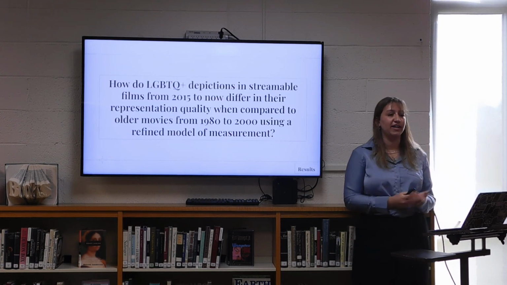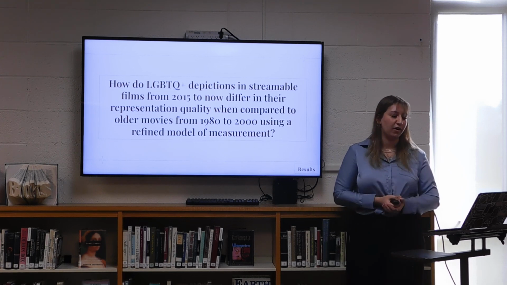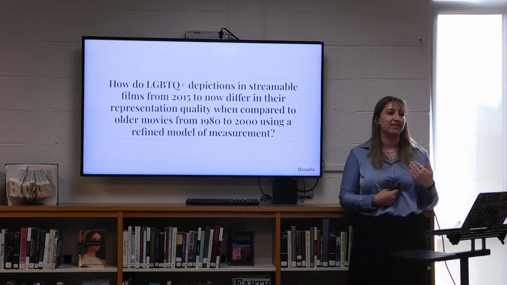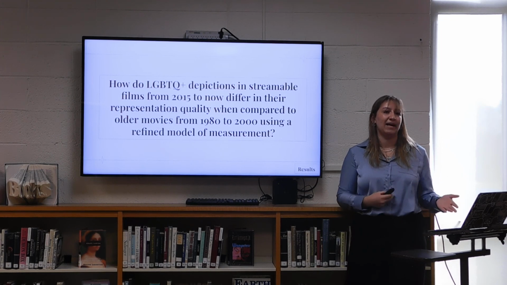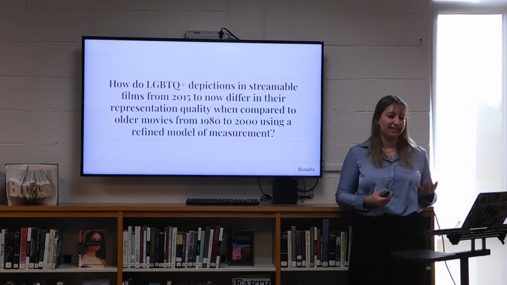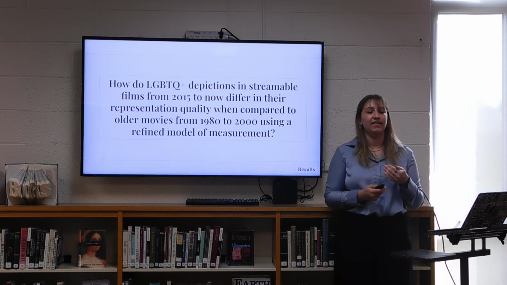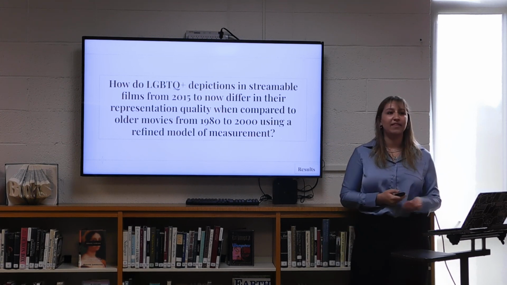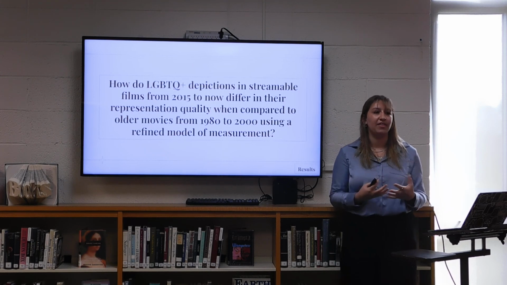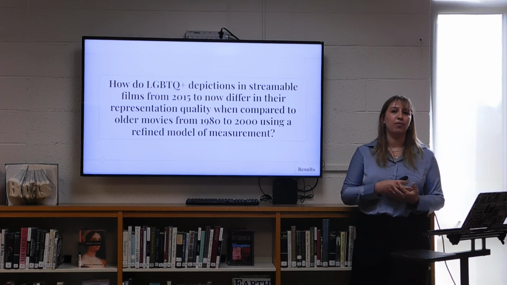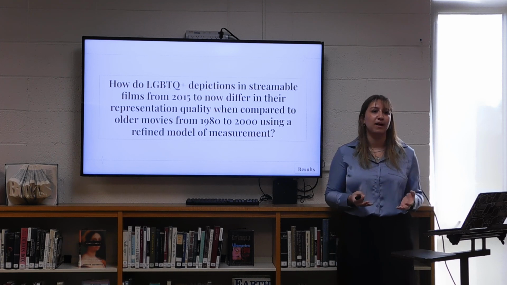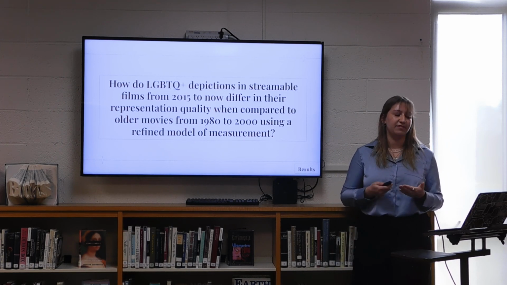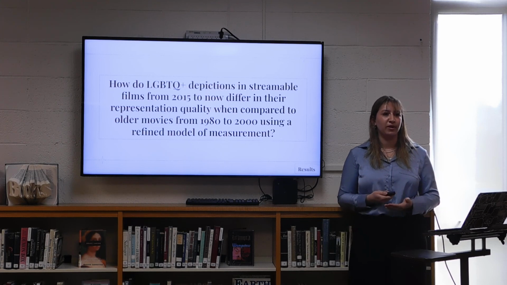So to answer my question, how do old and new movies differ in their queer representation? The core of this, in my opinion, is the difference in complexity. The older films had generally less complexity in their characters' backgrounds and their traits and things like that. But in the newer films, there was more depth and more motivation behind what the characters were doing and reasons behind their actions. Generally, there was also a more sophisticated progression of their storyline.